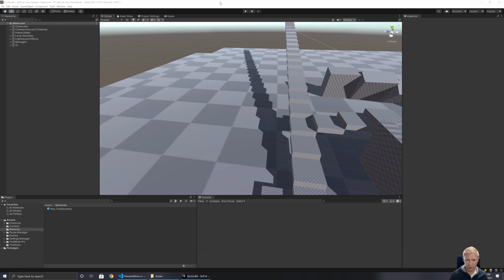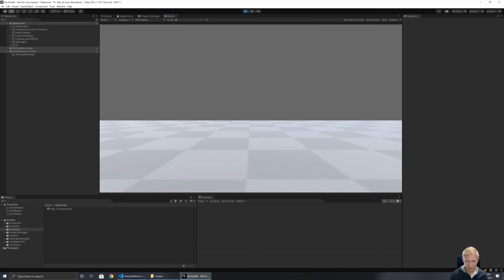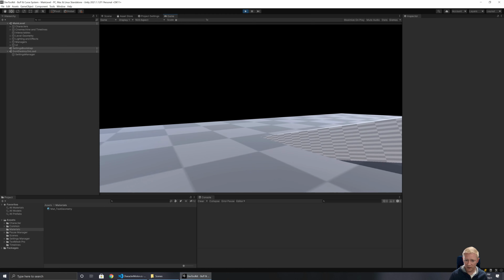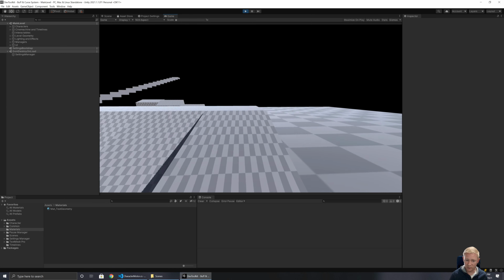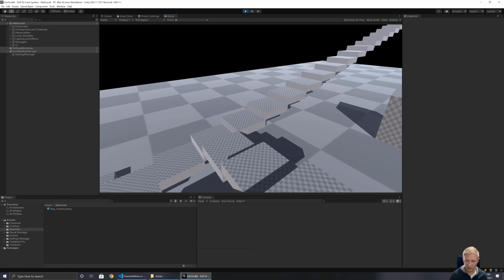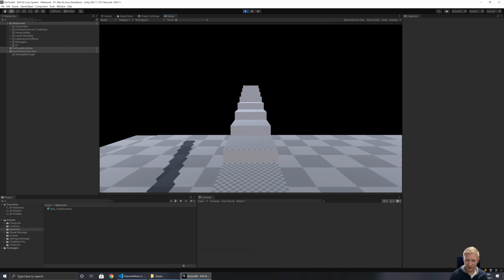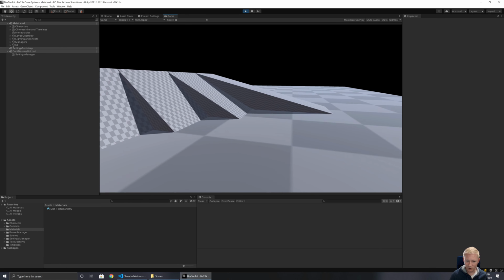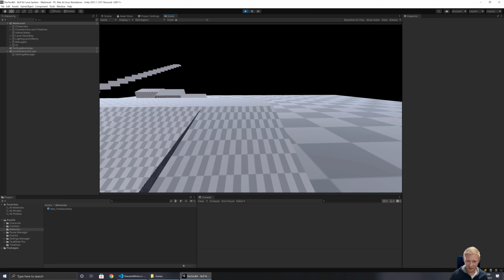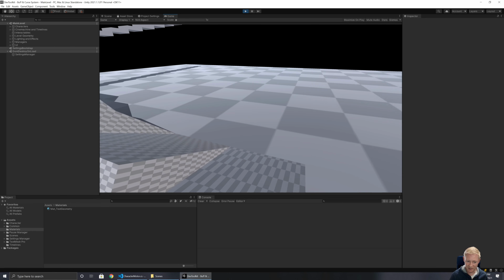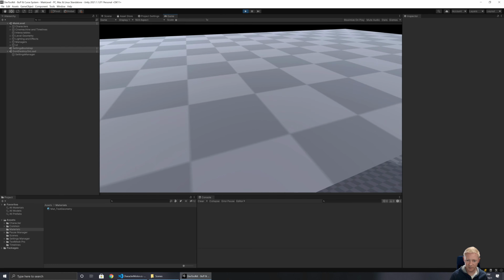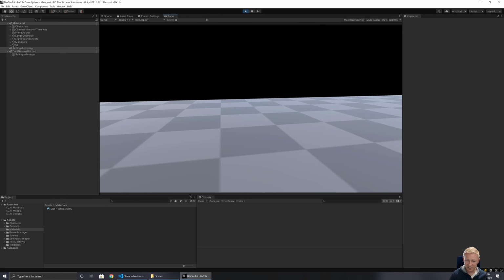So in terms of what this gives us to start off with, we have set up a custom character controller. We have a bunch of test slopes that we can be moving along, including the good old stairs, which are always a horrendous thing to try and make work. And we've got these different test slopes, so we can see the behavior along these. And the character can jump